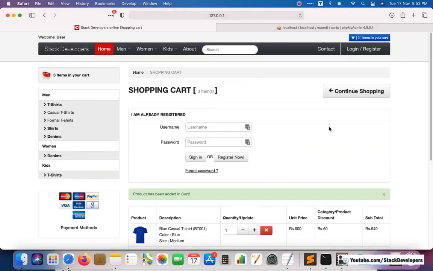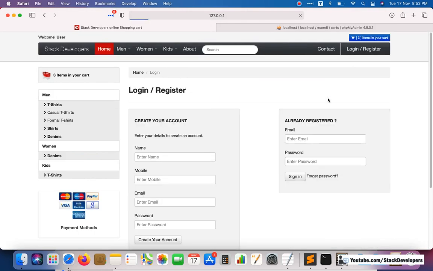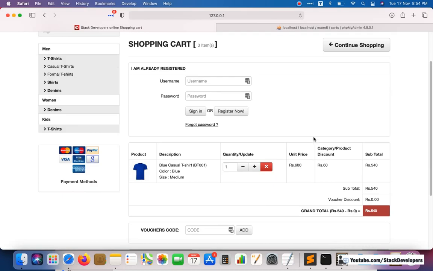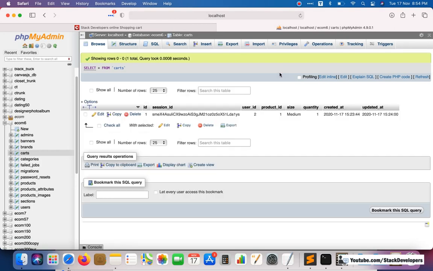And after login this product must remain there. Okay, you can see the product is there even after login. So now there will be no issue, the product will always be there even after the user logs in.